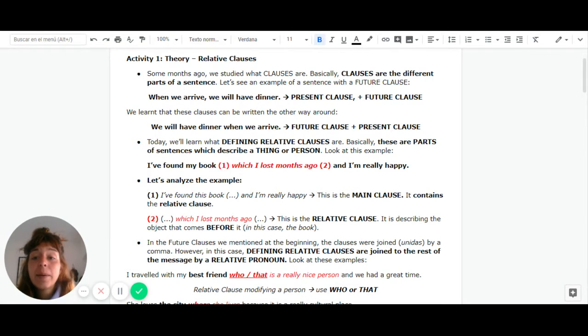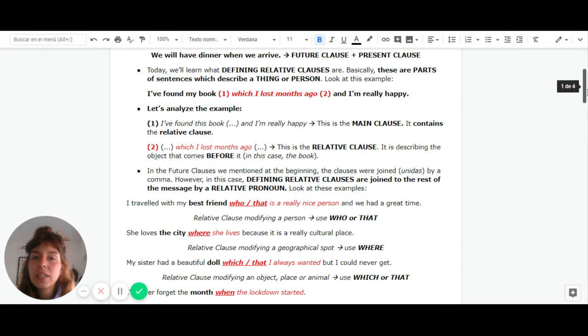So, in this example that you can see here, you can see that I have a full sentence. When we arrive, we will have dinner. Y les muestro cómo esta full sentence está compuesta por dos clauses. Una present clause, when we arrive, y una future clause para dar resultado. We will have dinner. Básicamente les muestro esto para que recuerden que una clause es una parte de la oración, porque eso nos va a servir mucho para que ahora veamos estas nuevas relative clauses y cuál es su función